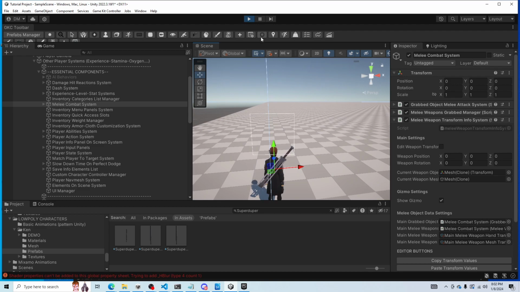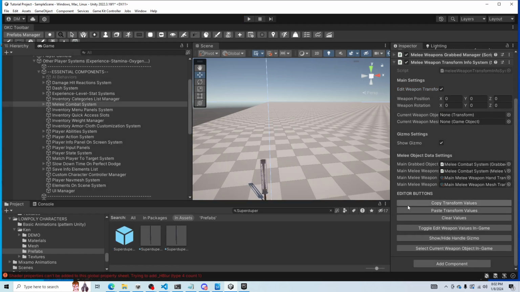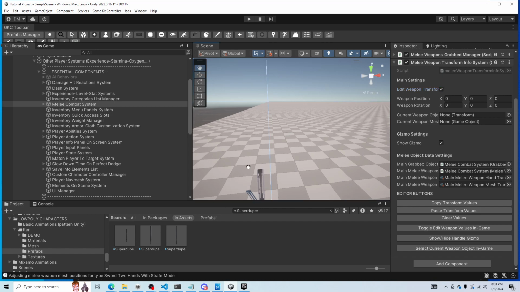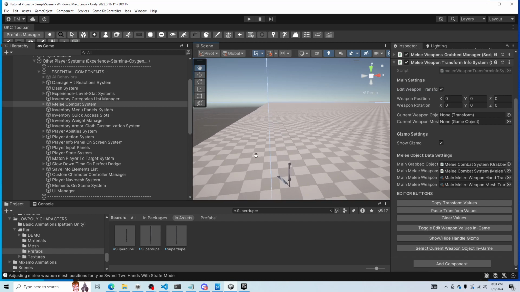So then you're going to do the same thing. Before pushing stop, you're going to go over here to copy transform values. You're going to hit that. And then you're going to hit stop. And once it's done logging out, you're going to hit paste. Okay, and that's going to paste it in for you. Okay. All right. So now that that's done,